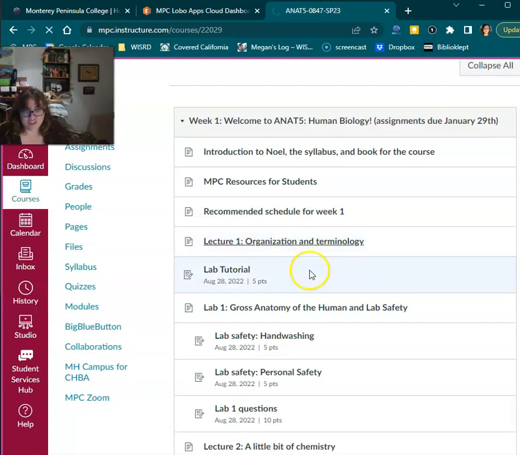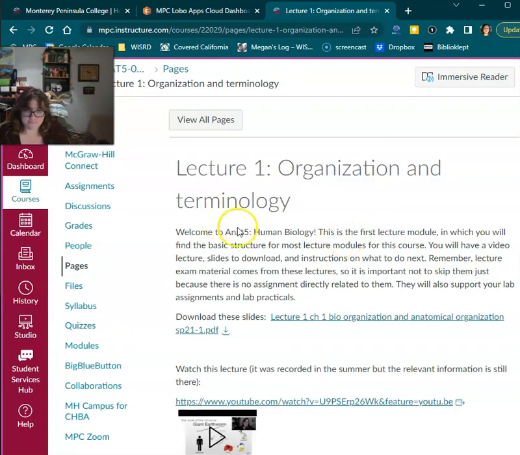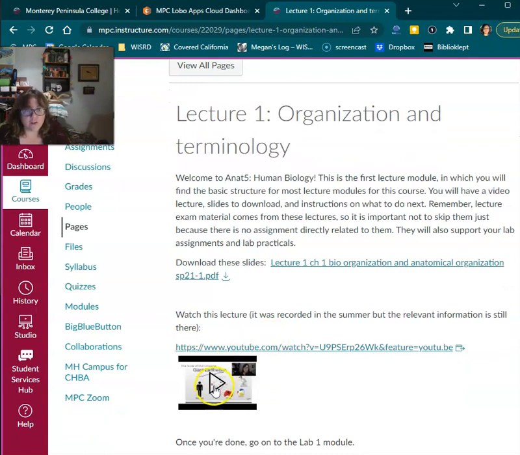So your lectures for this class are going to have a little introduction. They're going to have slides for you to download so that you can take notes on them. And then they're going to have a video component where I'm talking about it, okay? And the fun of this is that I pick and choose the lectures over the last few years that I've